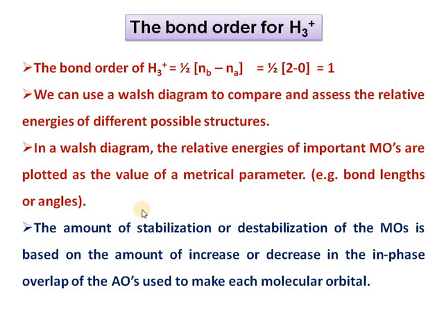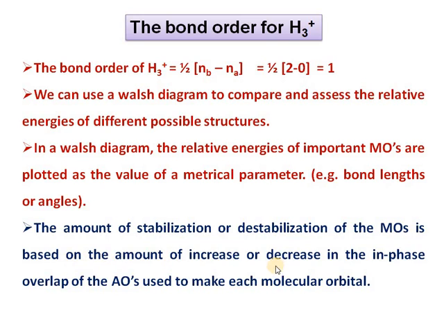Then we can clearly observe how the energy is affected when the linear H3 molecule is converted to the H3 plus ion. Therefore, the amount of stabilization or destabilization of molecular orbitals